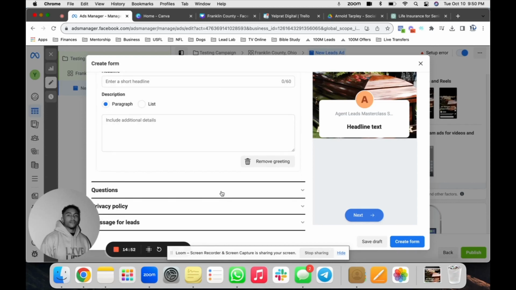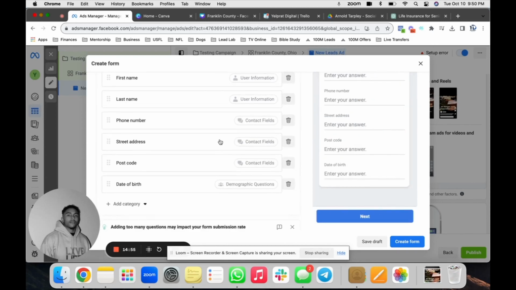Then they're going to click here. It's going to autofill their information. And when you call, you can use the date of birth as your intro line. It's like, hey, getting back to you about the request you filled out on Facebook. This was in regards to the Franklin County seniors and life insurance options, where you listed your date of birth is blank. Is that correct? And just roll in. You can do that too, and I think you'd be fine. And if they don't pick up, you can always go door knock them once again. So that's what I would suggest.